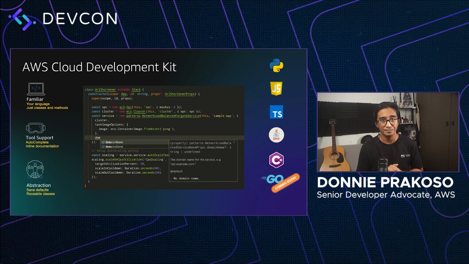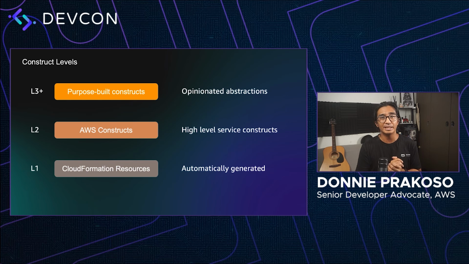One of the most important concepts in AWS CDK that will definitely help us to get things done easier and faster is construct. Constructs are the basic building blocks of AWS CDK apps. A construct represents a cloud component and encapsulates everything AWS CloudFormation needs to create the component. A construct can represent a single AWS resource, such as an Amazon S3 bucket, or it can be a higher level abstraction consisting of multiple AWS related resources.